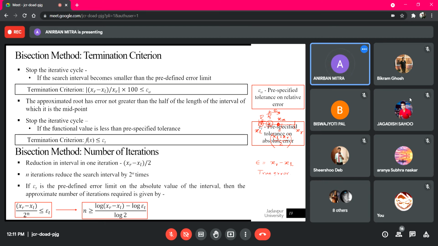Let's say this is compared with epsilon. So what we are comparing it with here is not the relative error. So if I write it out, this will be (XR minus XL) divided by 2 to the power n,